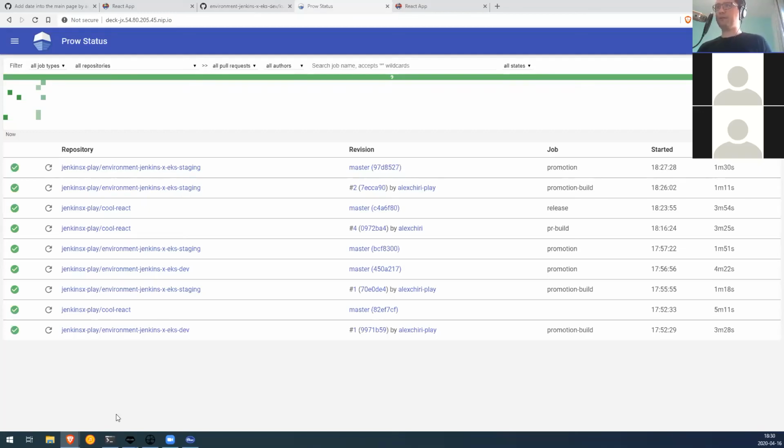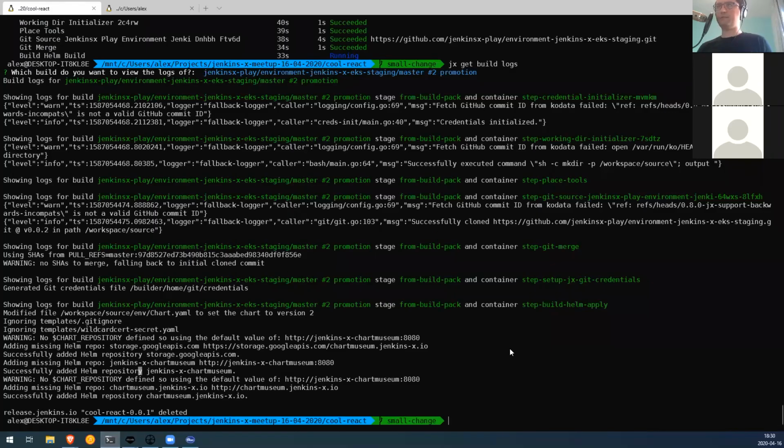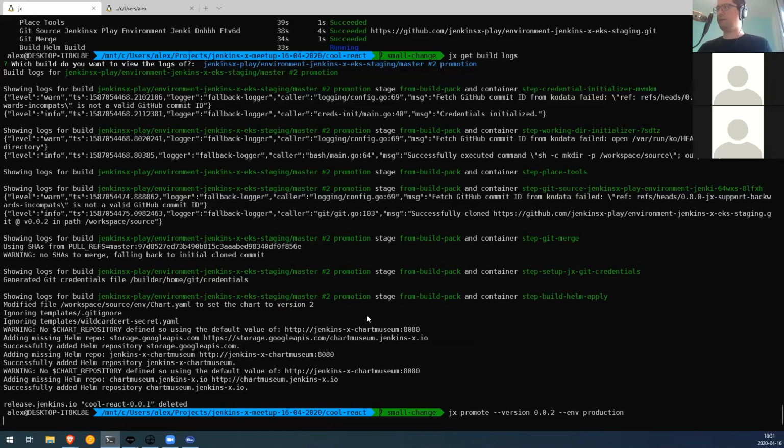So in order to deploy the new version into production, we need to run a command, which is JX promote. And then we specify the version we want to deploy and to what environment. I don't have to specify the service because I'm inside of the repo and it knows to take it from there. So if I run this,